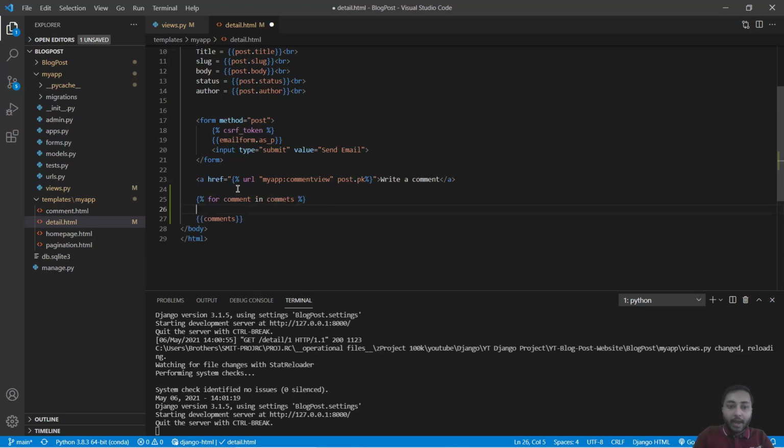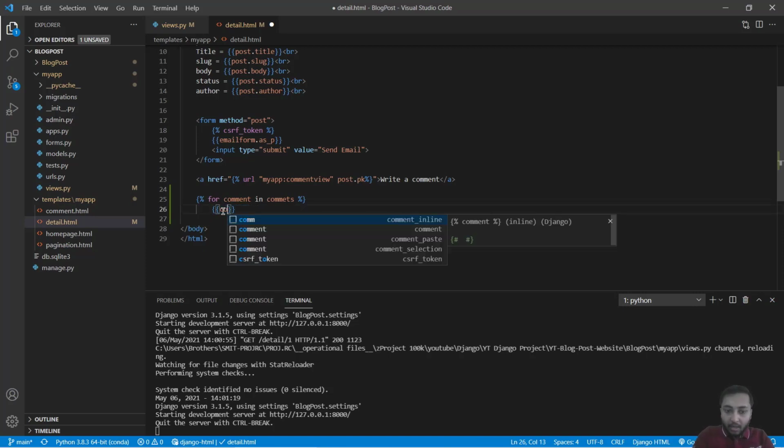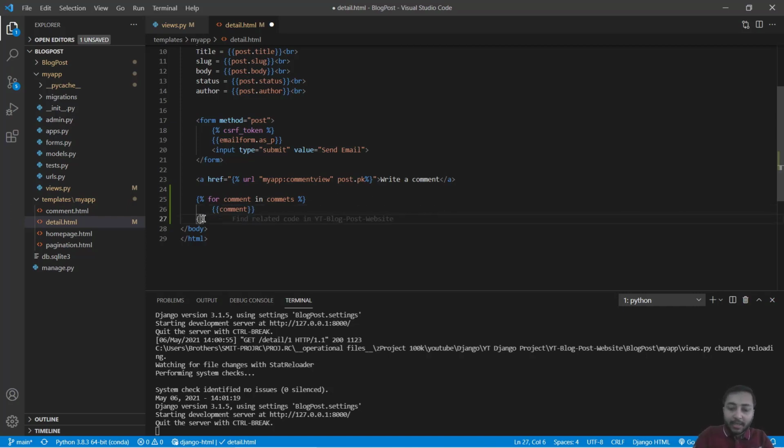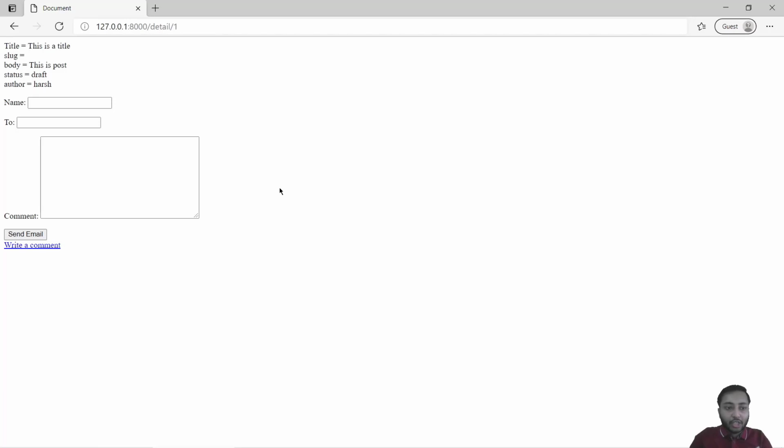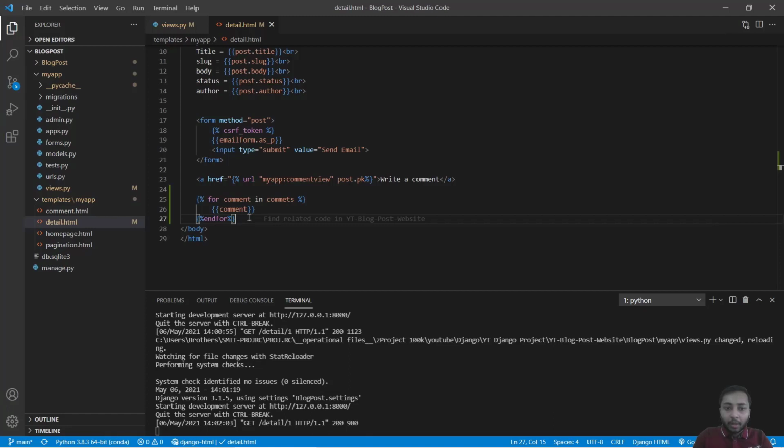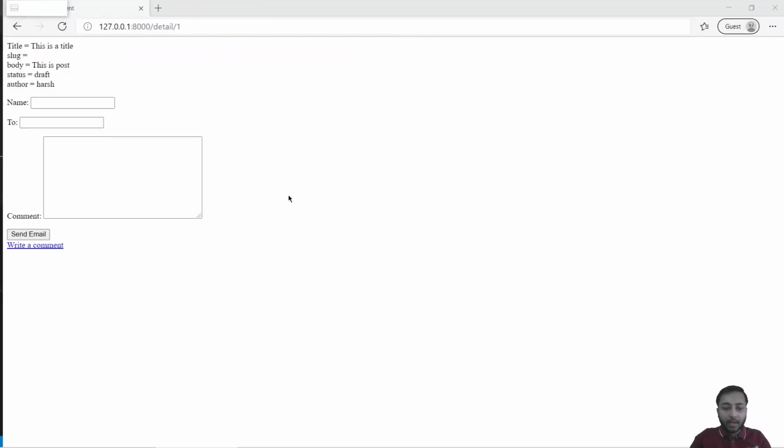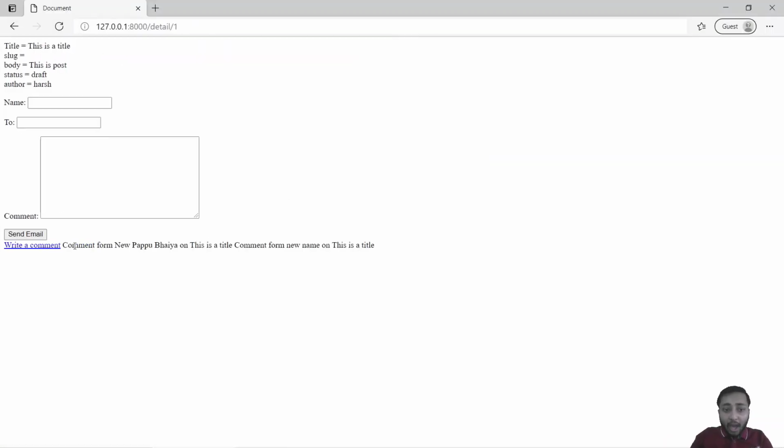Okay, and after that you will write comment, and to end the for loop you will say endfor. Okay, save this, get back here and refresh. But we have no comments. Why? Because I have misspelled that. It's comments. Save this again, get back to the browser, refresh, and now you can see we have all the comments,